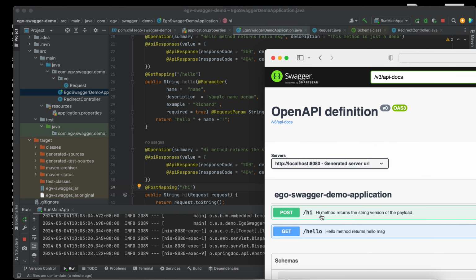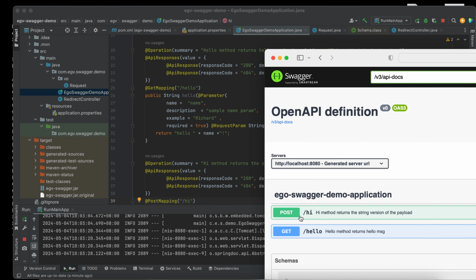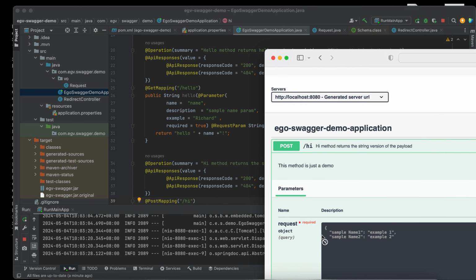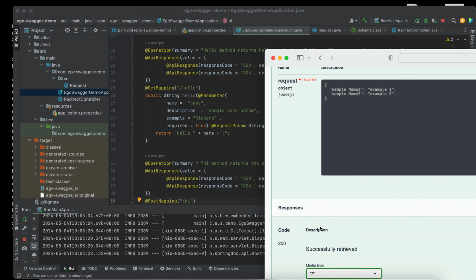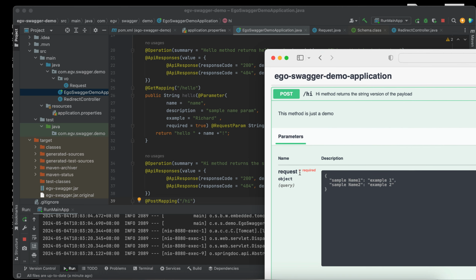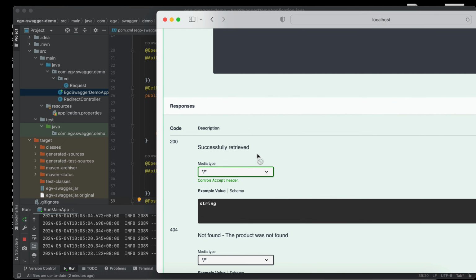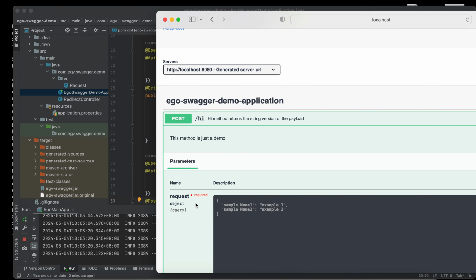As you can see, we have the description of the API, the one we described in the @Operation. Then we also have the schema. I think the schema we can see here, the request.